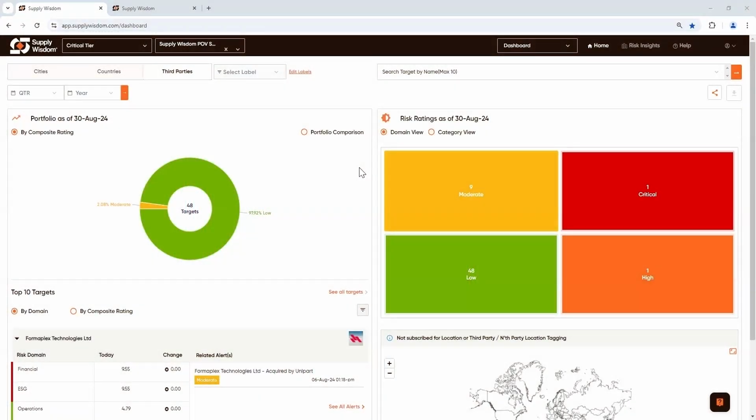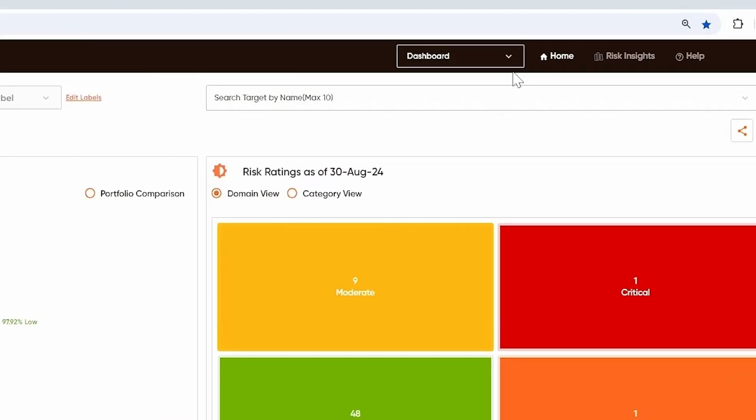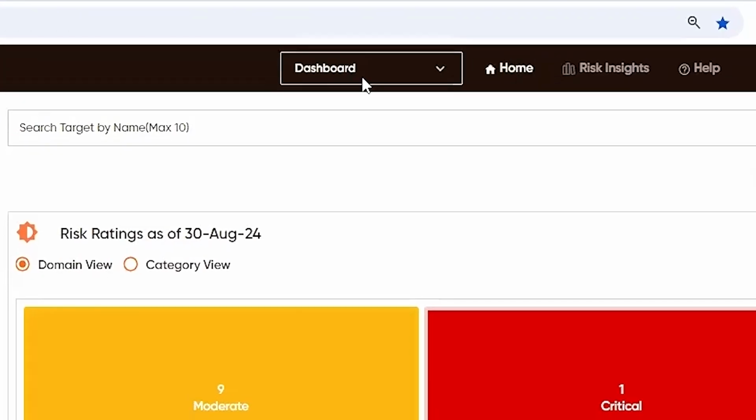Now that we've talked about our profiling metrics and our alerting and the combination of those two to create a really complete picture of the current state of risk for any entities monitored, we want to talk about the power of these metrics accumulated over time. You have access to a number of analytical dashboards that are going to allow you to engage with your full record of alerting and your full record of scoring to potentially observe trends and produce reporting on meaningful indicators within your portfolio.